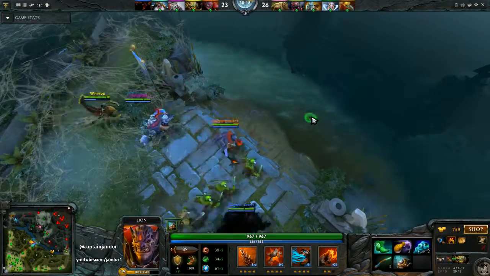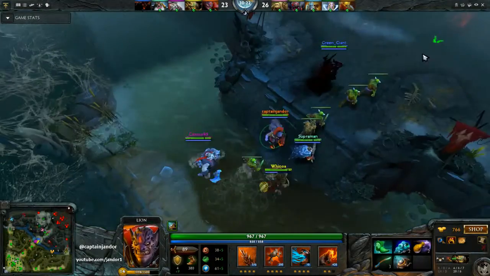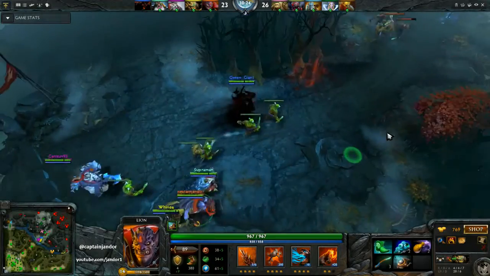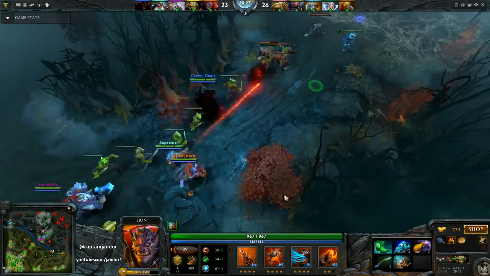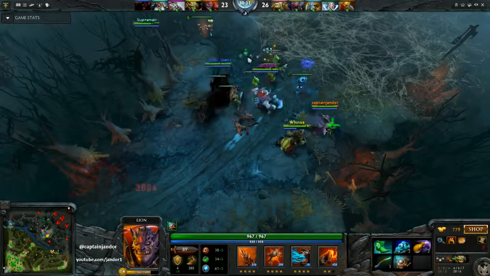Starting to take fights, which is good. I'm getting towards my 4-staff. I've got Dust, and I have Sentry Wards, so we are ready to move back in and fight. And our Sand King has been placing Observer Wards. It's really nice when you have somebody...